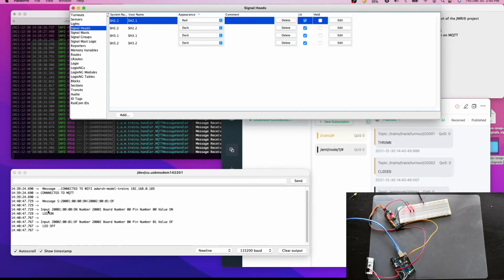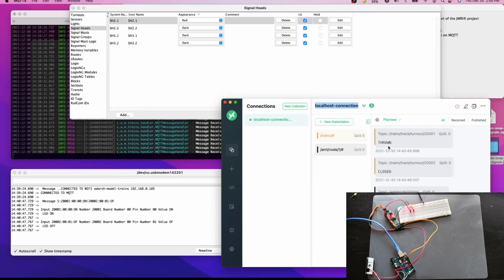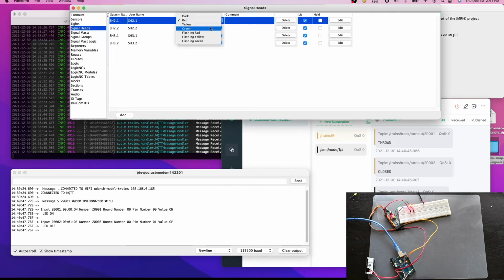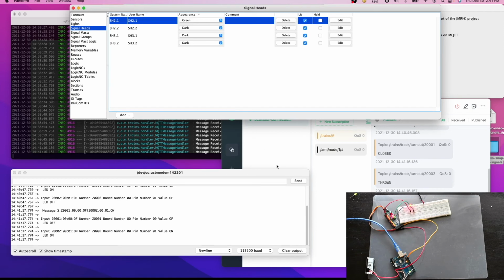Here we can see this is what JMRI has pushed, 20001 and 20002, and this is what our application has sent: 20001 on, board number 0, pin number 0 on, and 20002 board number 0, pin number 1 is off, and exactly that's what we are getting here. So let's change it to green. Here we can see it's opposite now, and our lights are working properly.